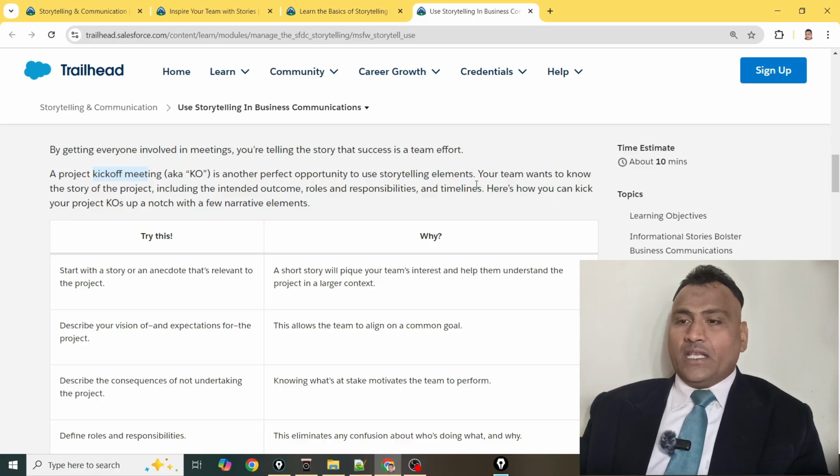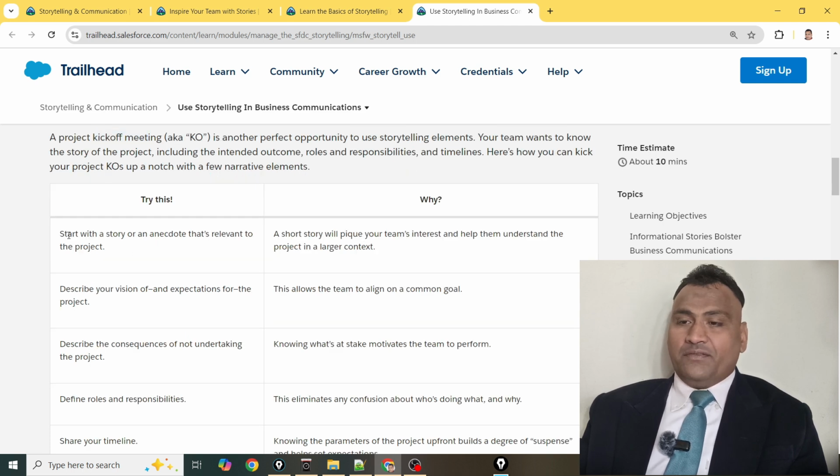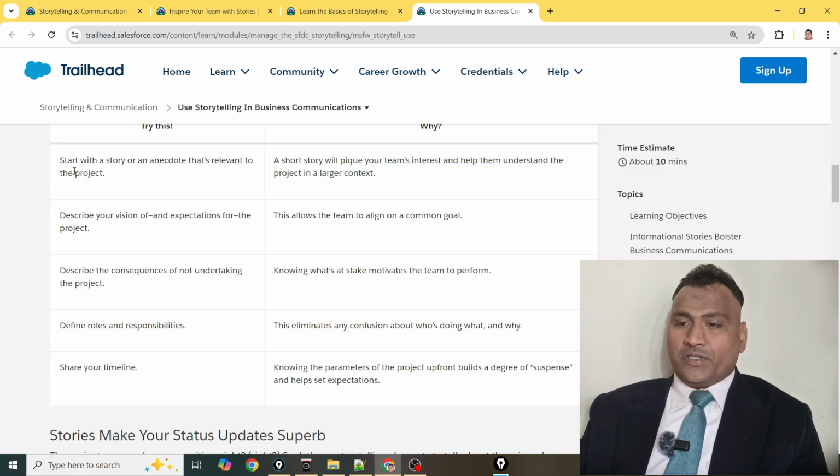Then a kickoff meeting is another perfect opportunity to use storytelling elements. Your team wants to know the story of the project, including the intended outcome, roles and responsibilities of each member, and timelines. Here is how you can kick your project up a notch with a few narrative elements. So try this, and why you are using this, right?